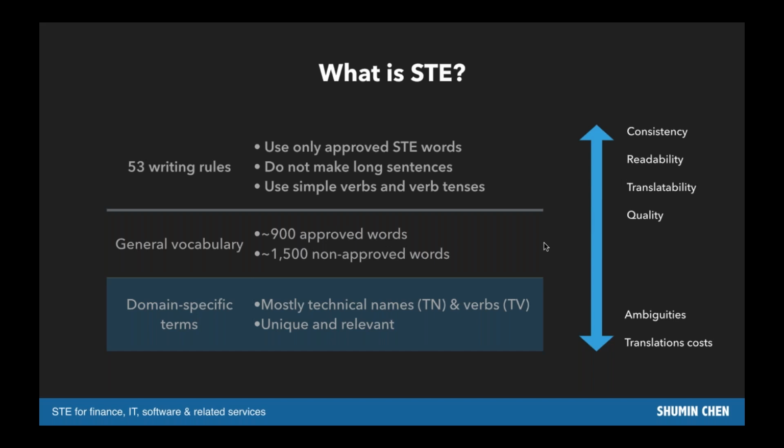set of 53 writing rules, 53 and a half, I would say. But strictly speaking, it's 53 writing rules. Now, you might be thinking at the back of your head that this is very similar to what you come across in many companies, especially with the larger corporations, what they may have in place, that it is often known as a corporate style guide. Well, much of the corporate style guide will tell you which words to use, which syntax to try and avoid. So those 53 writing rules, many of the rules you will be quite familiar with, especially as professional writers and